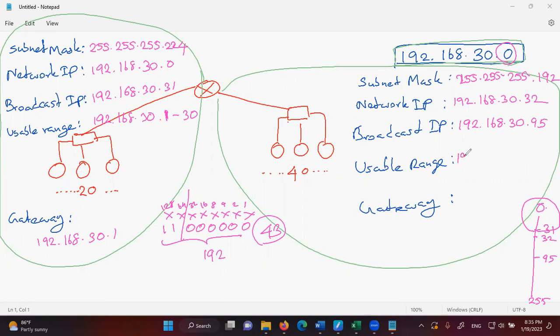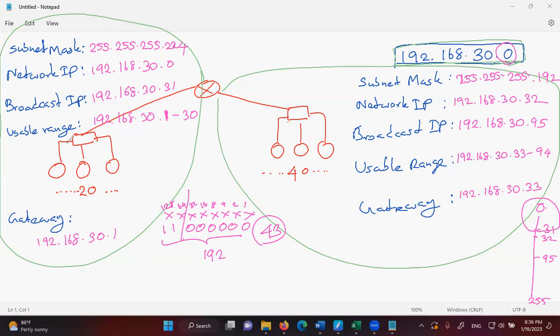Usable range is 33 to 94. Gateway will be 192.168.30.33, the first usable IP. So children, then